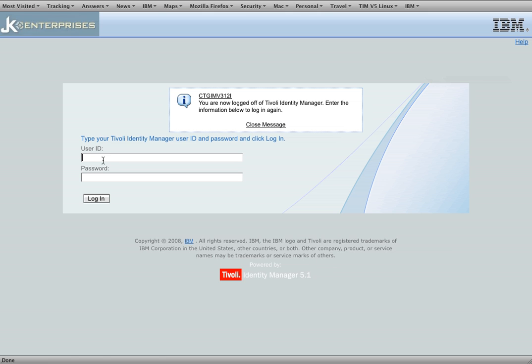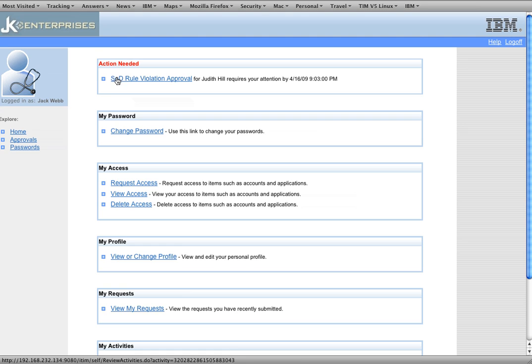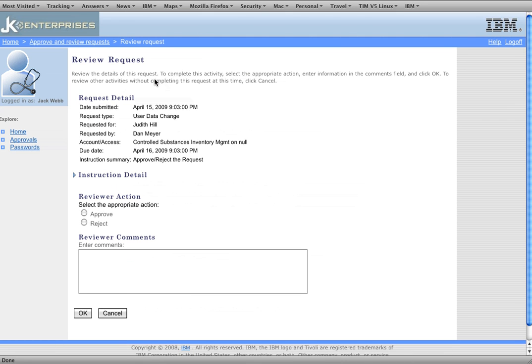So Jack Webb gets his email notification as well, and when he logs in to the tool, let's see what he gets. He gets action needed: SOD rule violation approval for Judy Hill requires your attention. So he clicks on it, and he's been notified about the need to do this, and he may say, well, I approve, but